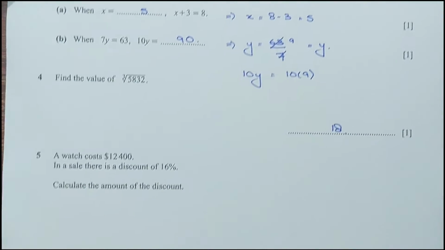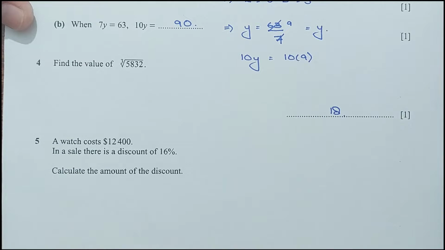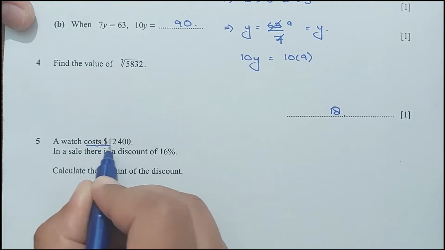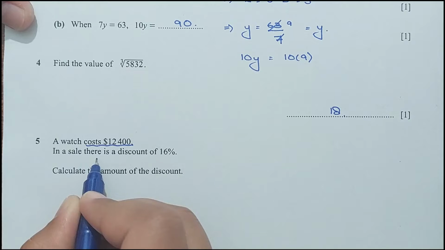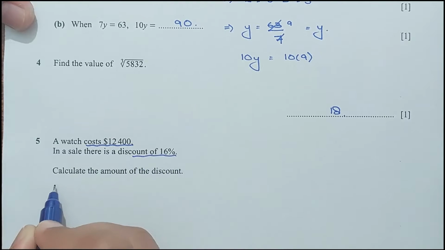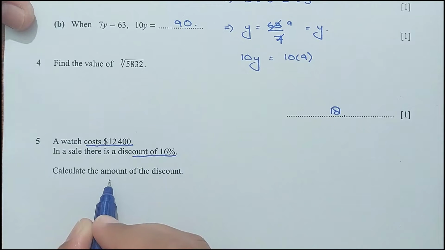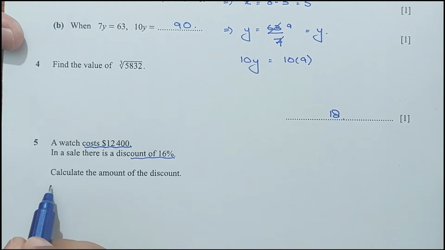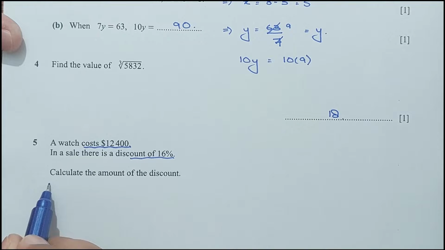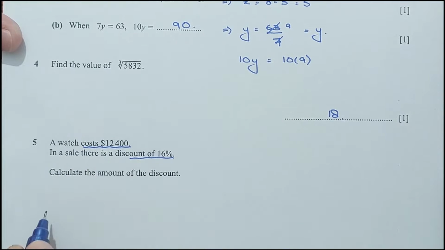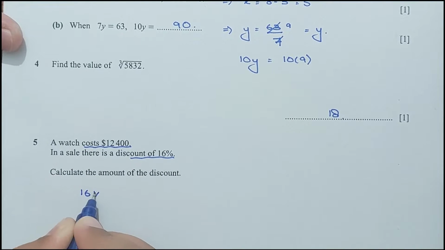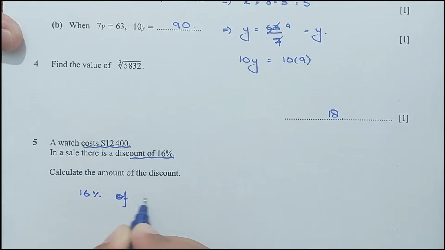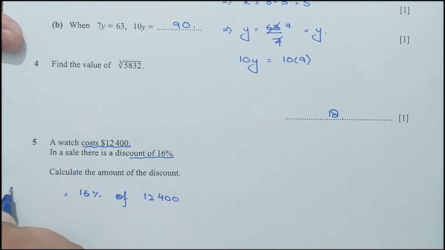Okay. Question number 5, a watch costs $12,400. This is the cost of the watch. In the sale, there is a discount of 16%. Calculate the amount of the discount. So we have to just calculate the amount of discount. The discount is on the cost, so what is 16% of the cost price, which is 12,400? That is the discount